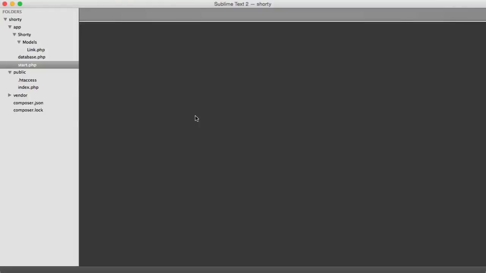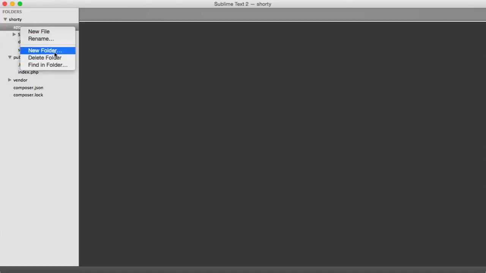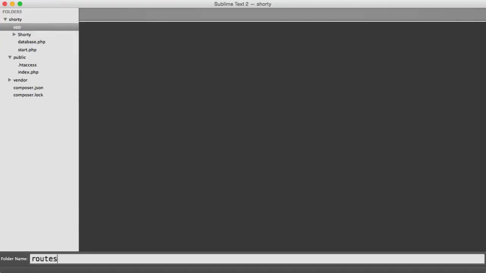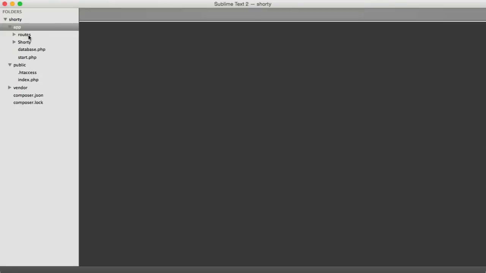Now it's time to set up our routing within our application. We've already seen an example of how we create a route, but we're going to structure this so things are nice and separated, so we're not putting everything within one file essentially. So inside of app, we're going to create a new folder called routes. This is going to store all of the routes for our application in separate files so we can manage them